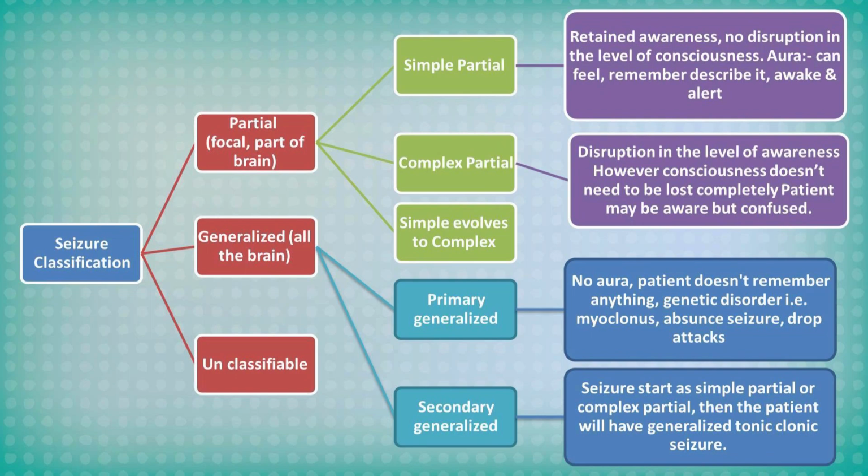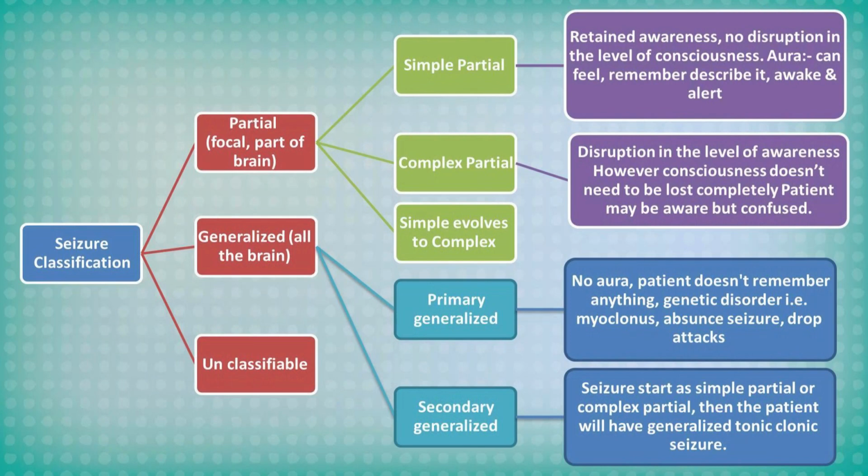Seizures are classified into either partial or generalized. And there is a third category which is unclassifiable. So if you're not sure, or from the history and observation you cannot really pinpoint whether it's partial or generalized. Partial simply means that it is focal or involves part of the brain, while generalized involves all the brain. So partial seizures are also subclassified into simple partial, which is a focal seizure with retained awareness,